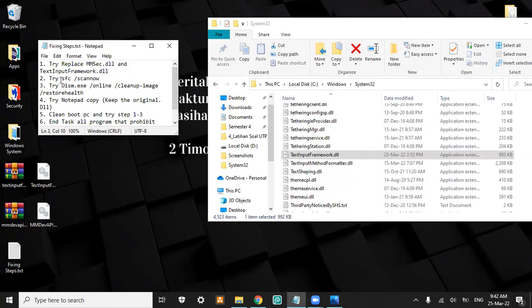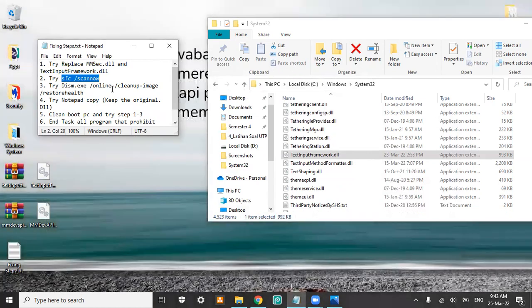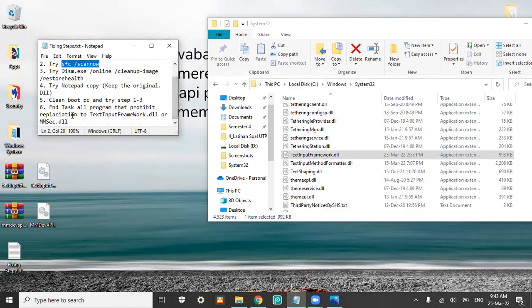But when I tried the SFC scan now in my command prompt, it worked. It ran, and after it completed 100%, I restarted my PC again, and I tried Zoom and Line, and they work well like usual. So I don't need to reinstall Windows. So it works. Praise the Lord.